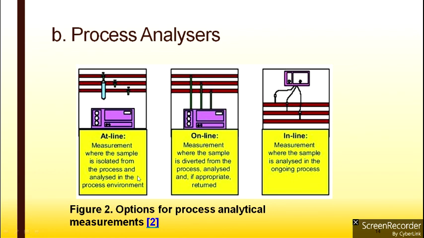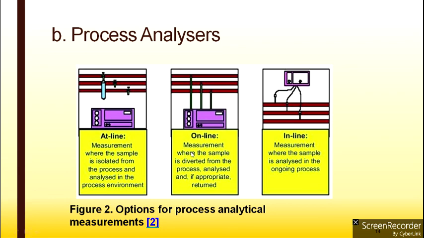in the process environment. Right? So in brief, I told you online is with respect to an ongoing process, inline is before the process, and outline is after the process. That's a very brief understanding. So you keep that in mind and look at this diagram: how the analyzing of a particular component will be done. There are three options again: online is ongoing with the system, inline is before proceeding to the next step, and outline is after that.